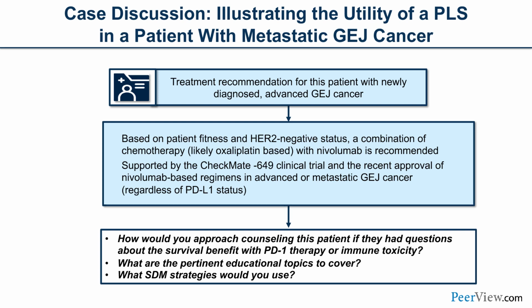for our patient. So treatment recommendation for this patient with newly diagnosed gastroesophageal cancer, based on patient fitness, HER2 status, is combination therapy, most likely a 5-FU oxaliplatin-based combination with nivolumab, based on Checkmate 649. And this data is supported by Checkmate 649 approval in advanced metastatic gastroesophageal adenocarcinoma, irrespective of PD-L1 status. So this tool is perfect for us because it allows the patient to understand what you're telling them in plain